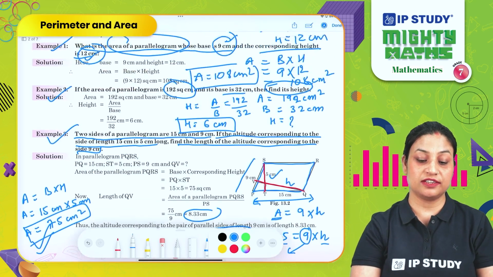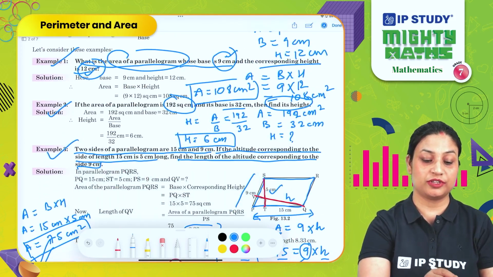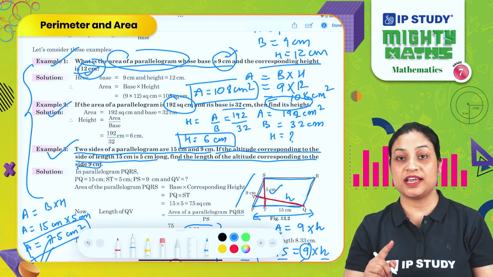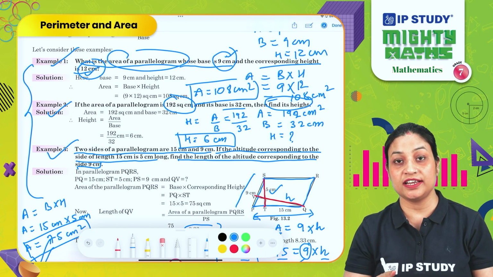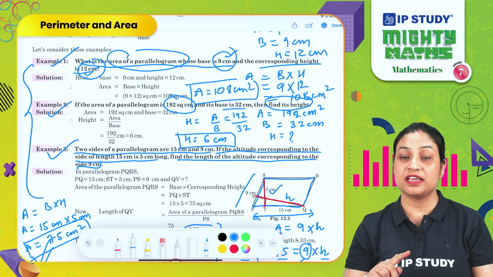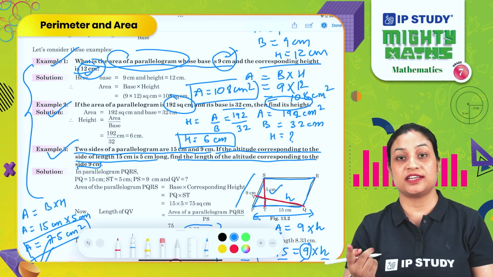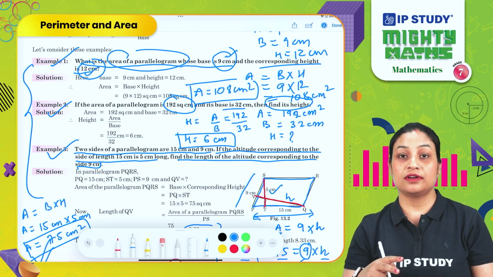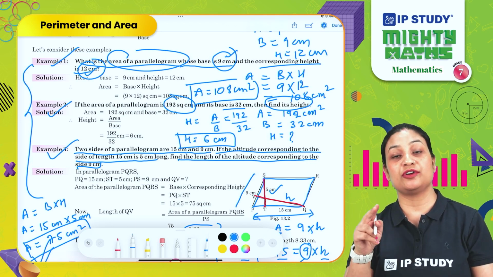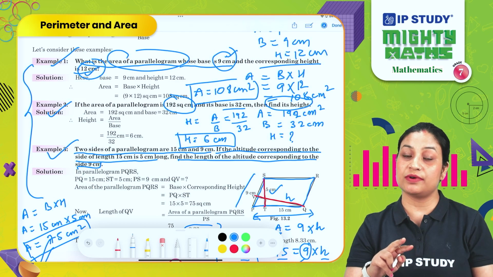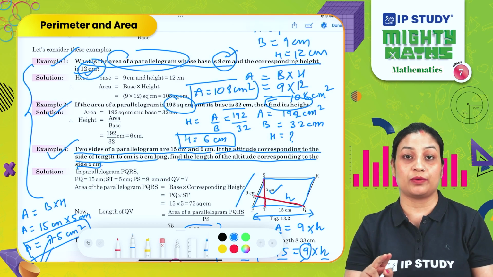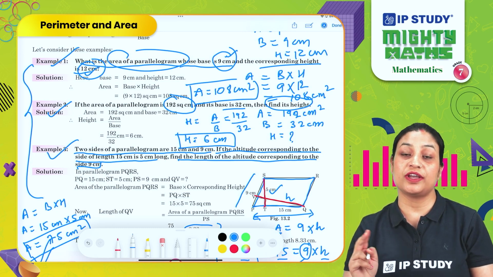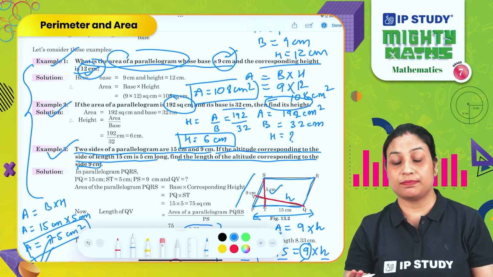So here we have seen three types of questions related to the area of a parallelogram. In the first scenario, you are given base and height, and you simply find the area directly. In the second scenario, the area is given along with one of the base or height, and you have to find the missing one, right? In the third scenario, we have given the parallelogram, but we have given two altitudes. One altitude's value is given, but the second altitude's value you have to calculate, right? So these are the types of questions that you are going to have related to the area of a parallelogram. So I hope this concept is very clear to you.